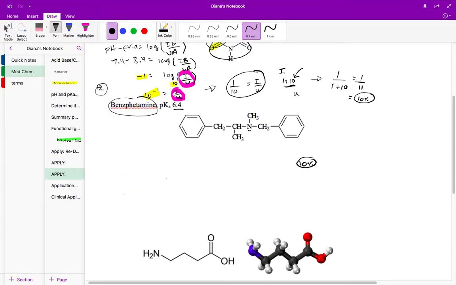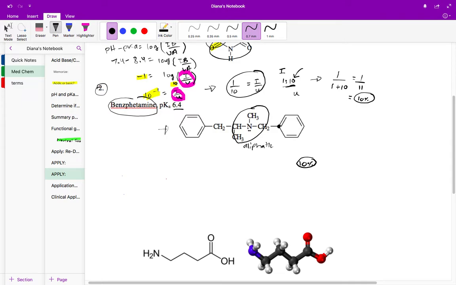Alright, so in this video we're going to go over number 2, which you had the chance of practicing in the last video. And so we're actually talking about how to apply acid-base chemistry to solving some problems. In this structure we see one functional group that stands out, which is this amine right here. It's not an aromatic amine, if you thought it was. The reason is it's not directly attached to the aromatic ring, so it's actually just an aliphatic amine, which has